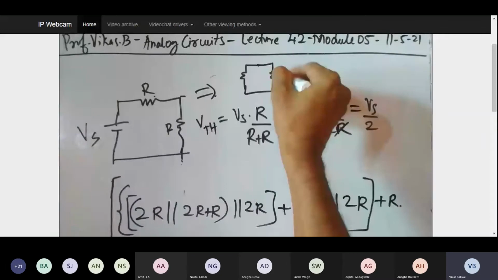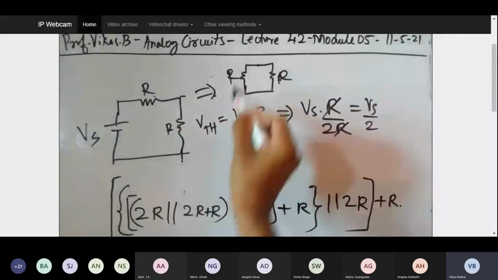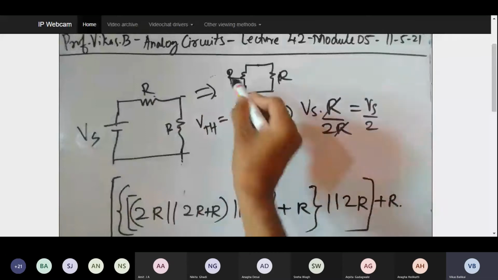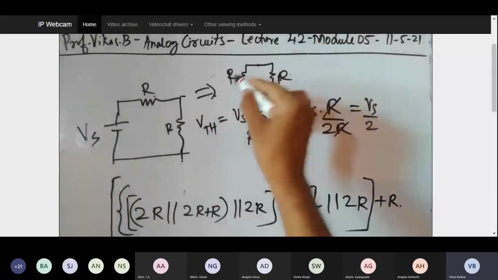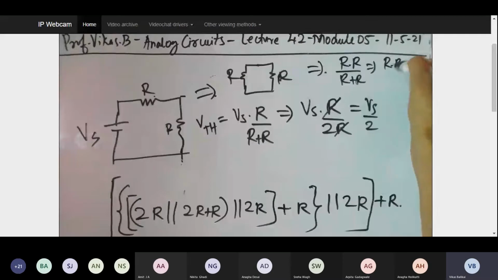I'm going to get something like this, isn't it? This R will come over here, and the two R are in parallel. So I can directly apply the resistance in parallel equation, R1 R2 divided by R1 plus R2. So that is R into R. Don't make it R square, as these are not mathematical variables that I'm taking. These are the resistances. They get straight away multiplied if I take some values.